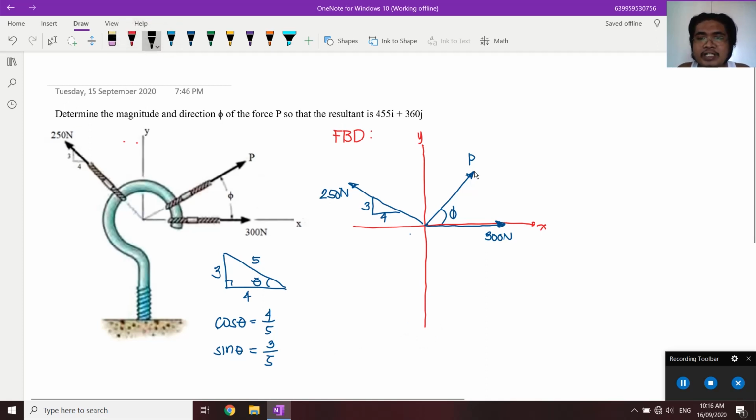So, considering itong P, hindi natin siya alam, di ba? Pero same procedure pa rin. You're going to resolve it into components. This is your P sub x, and this is your P sub y. So, ang solution natin dito ay